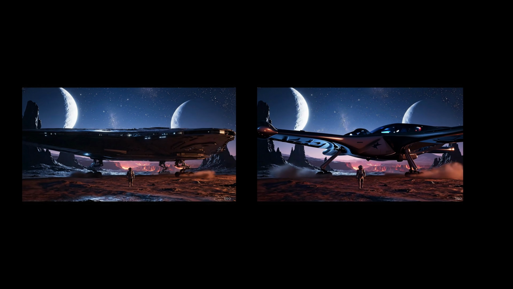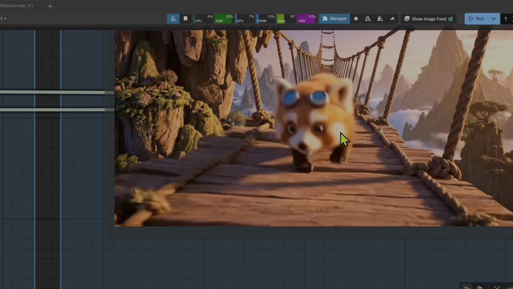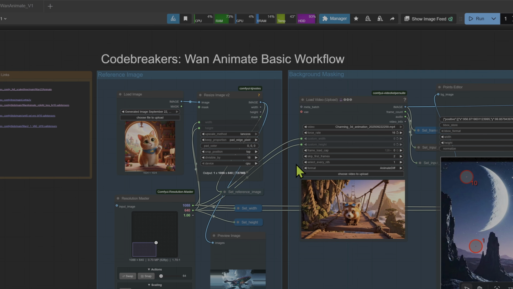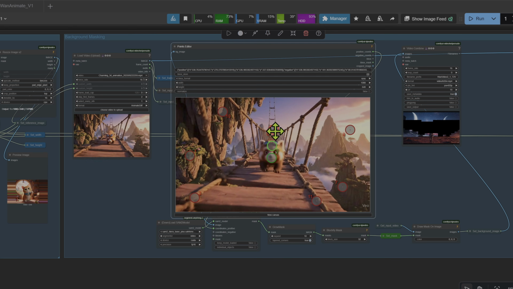Perfect. And in another replacement, we'll have some fun. Here's a video of a raccoon running across the bridge. We're going to turn it into a cat. My reference image is a picture of a cat. In the video, I'll mask the raccoon. The AI will take the running motion from the raccoon and apply it to the cat, placing it right back